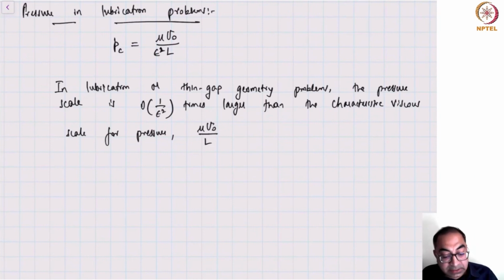In other words, just by taking a lubrication geometry or a thin gap geometry, the characteristic scale for pressure has this 1 by epsilon square. The pressure gets enhanced significantly. This is the very reason why engineers exploit this thin gap geometry to provide lubrication. Now, one of the other important